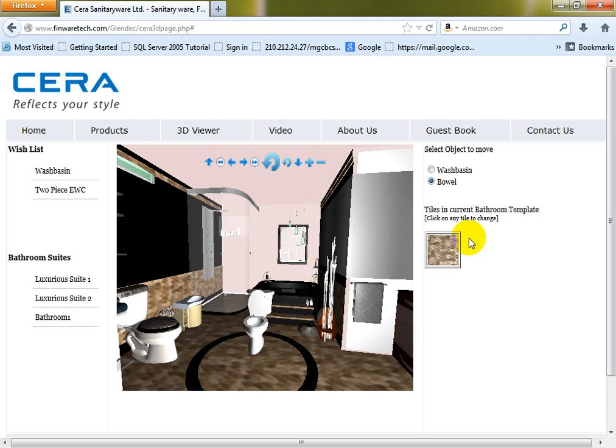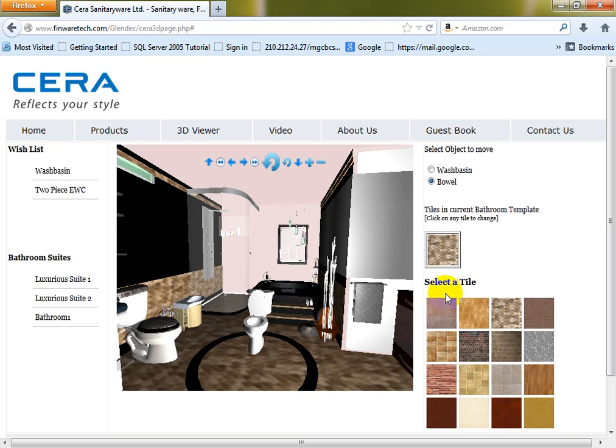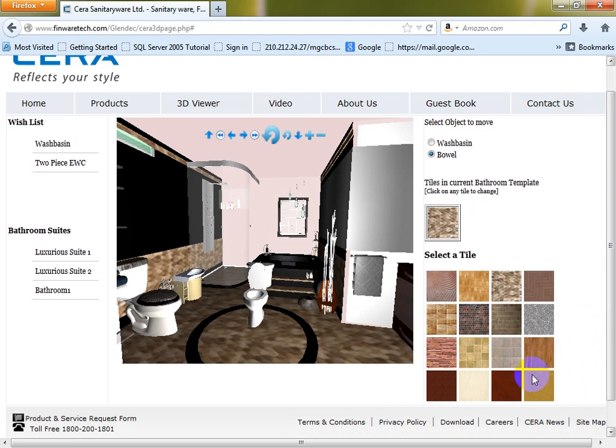Now let's come over to the tiles in the current bathroom template. If I want to change the tile which I have here, I click on this tile and it will give me a series of tiles. We have right now given only around 16 or so tiles displayed here. We can give a number of things in the original version. So if I want this particular tile to be mentioned there, I'll click on that